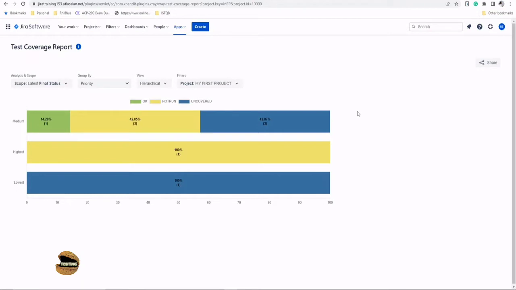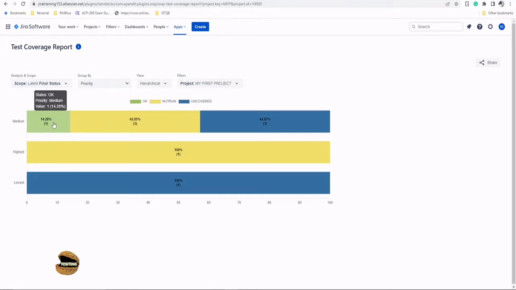Well, currently if you see, we have a few of the executions with us, and a few of the stories are mapped to those tests which we have created for those executions. Currently, this particular test coverage report is showcasing the coverage based on the priority. And we have items, of course, but the priority being used is only 3 of them: highest, medium, and lowest, right? So again, considering 3 major primary parameters, here in medium